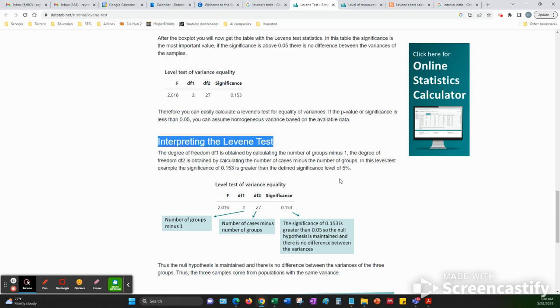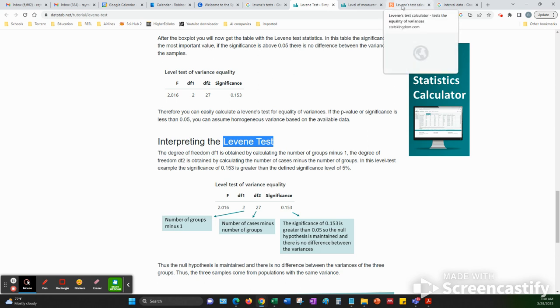The one thing that I want to ask you about is, do you want your Levene's test to be statistically significant or not? So we'll talk about that next time we meet. But I wanted to give you this quick